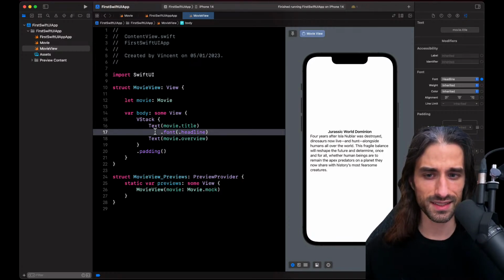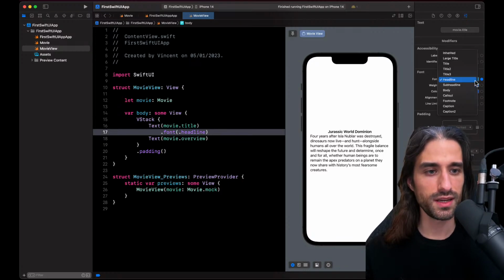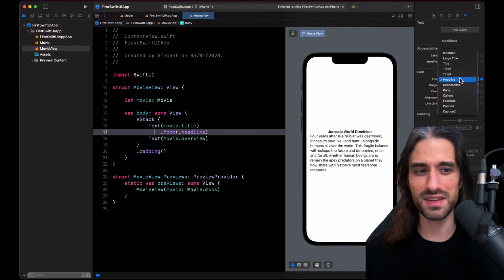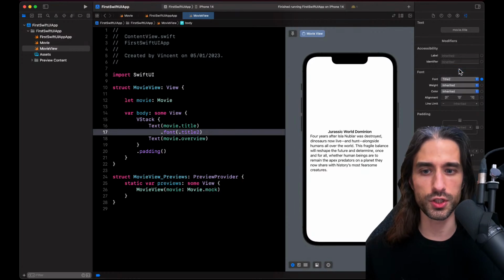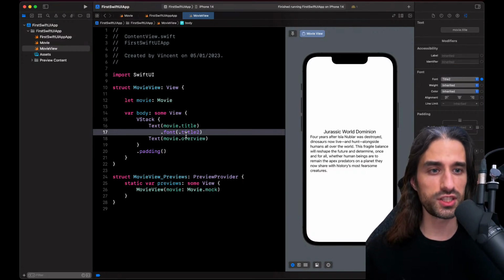And you can see that I've chosen to implement the modifier in code, but when I implemented it, on the right inspector, this happened. And you can actually change also the font and the modifier by using this inspector. So it kind of looks like what you have when you are using storyboards in UIKit, with one big difference, which is that if I change the font to make it, for instance, a title 2, all it does is actually change the code.